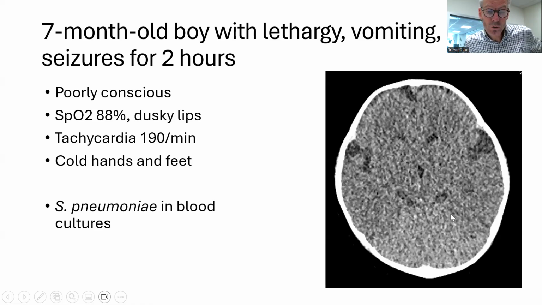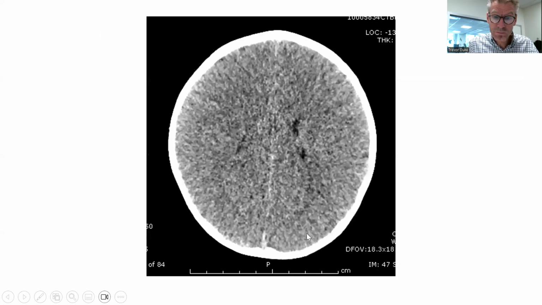And this is what we call pneumococcal cerebritis, where there's a diffuse inflammation of the brain, which can occur especially in young infants who've got pneumococcal meningitis. So it's not just an inflammation of the meninges or the coverings of the brain, it can be an inflammation of the whole brain. This is another child who had a hypoxic injury, and you can see this is also